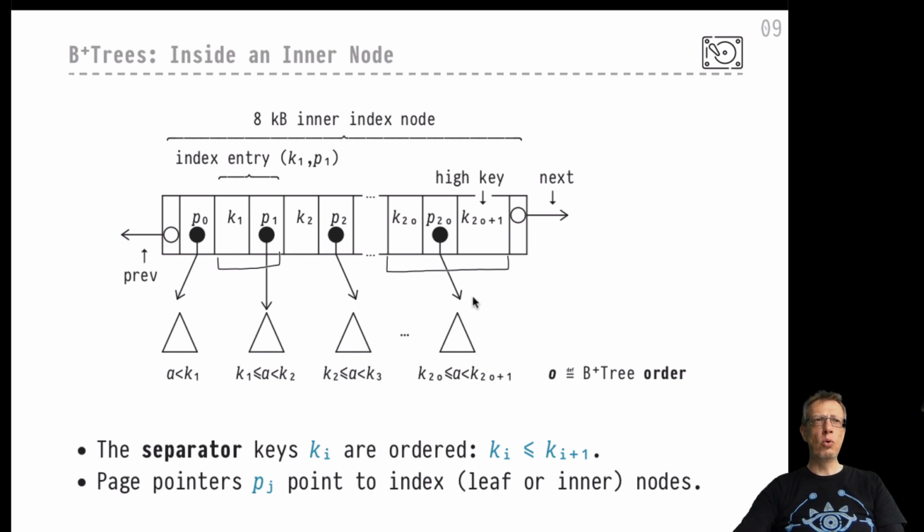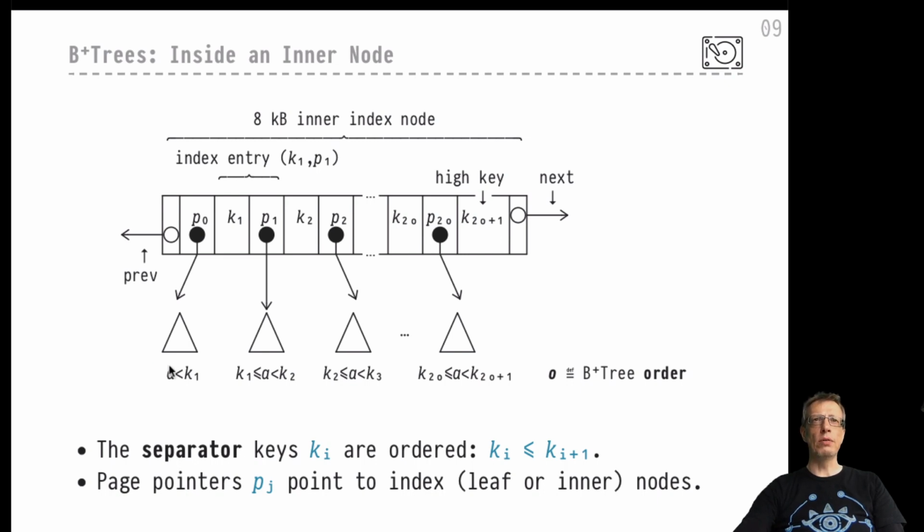Okay, 2O is a special number. Actually, it's related to O, which is called the B-tree order. I will come back to the B-tree order and the meaning of the parameter O on the next slide. Okay, but in this schematic, all of the index entries of this inner node have been occupied, and the maximum number of entries inside such an inner node is 2O, plus the P0 pointer that points to all entries that